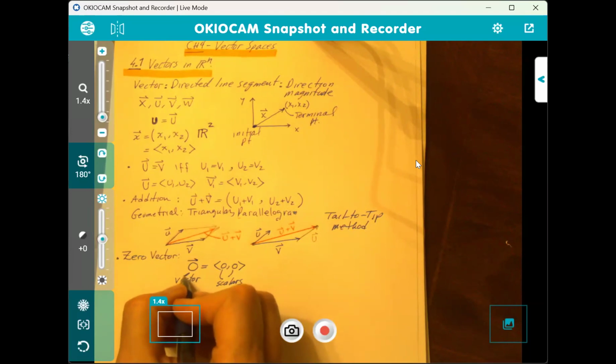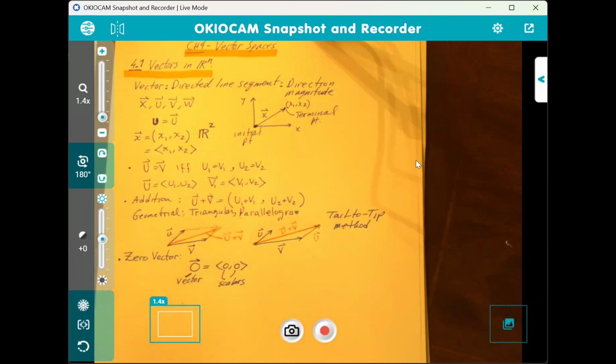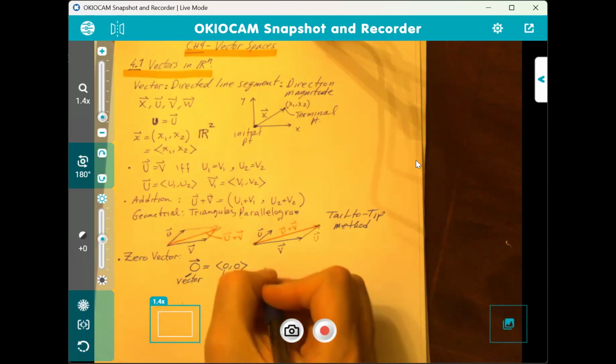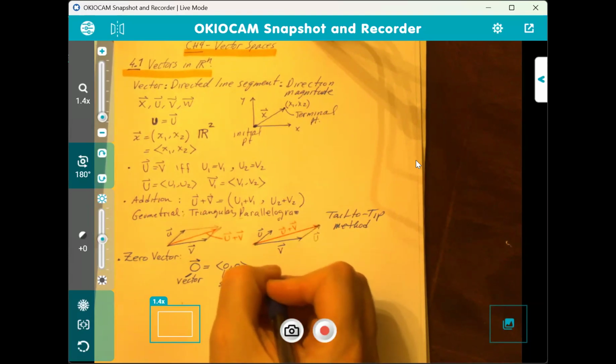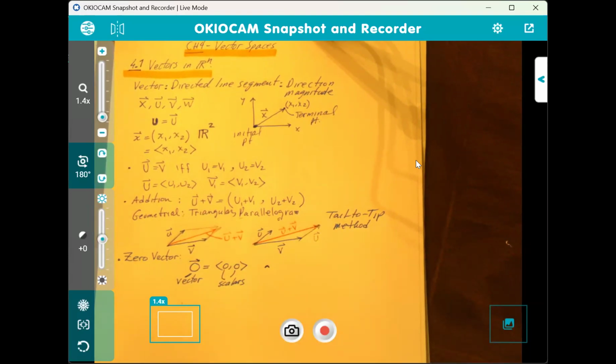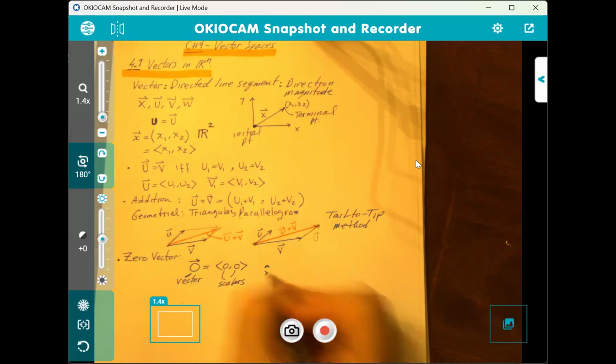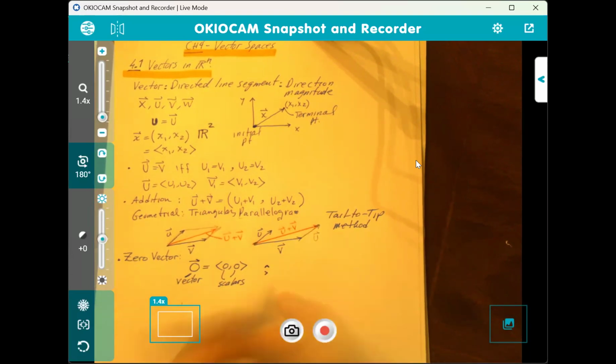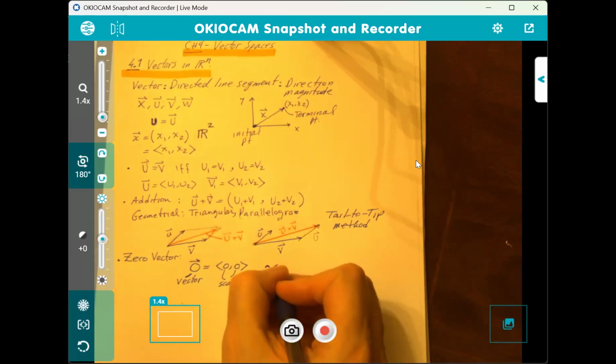Nothing? Pretty much, you're right. A zero vector, there you go. Here's my zero vector. I just have an arrow tip. That means it's pointing north. Now, if you want to make it point to the right, or point left,